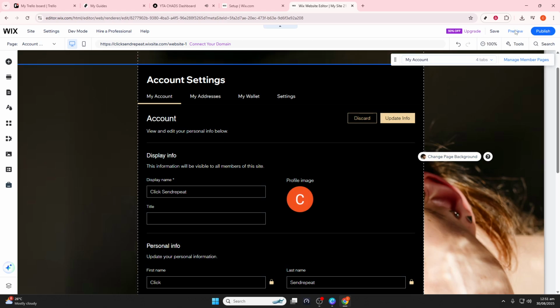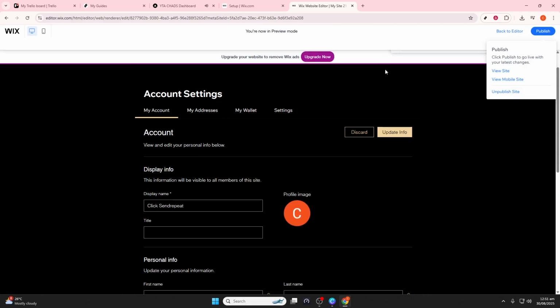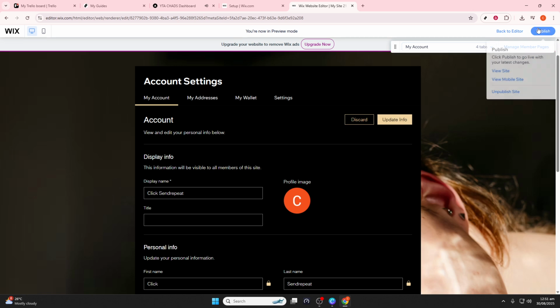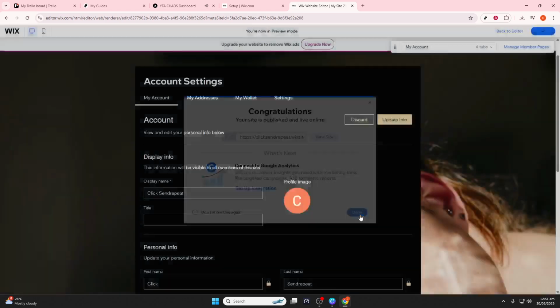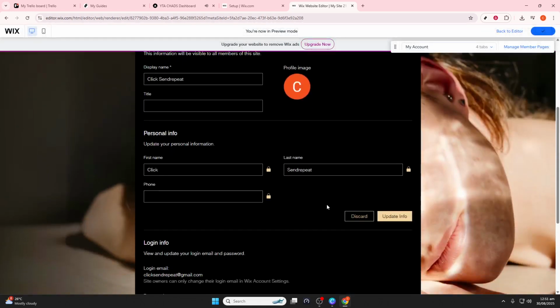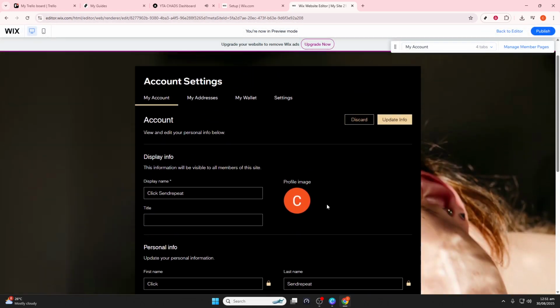Once you've completed these customizations, it's crucial to preview your work. Click on Preview to see all your changes in action. This is a vital step to make sure everything looks as expected and functions smoothly before going live. Finally, when you're satisfied with everything, click on Publish. This will